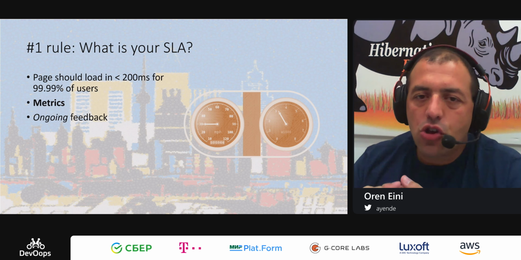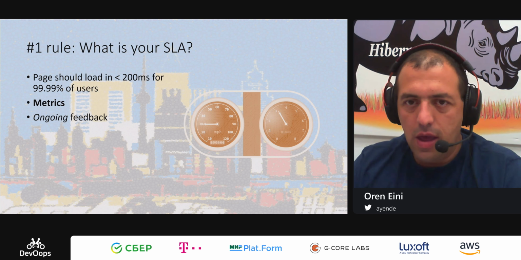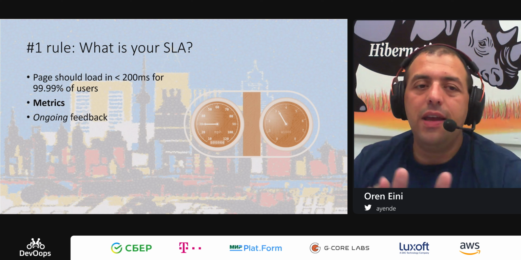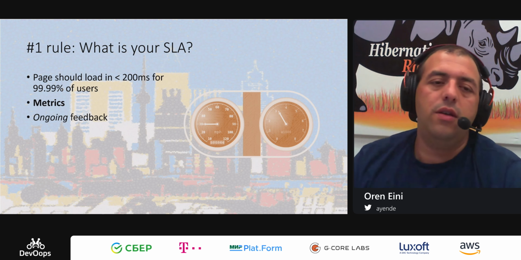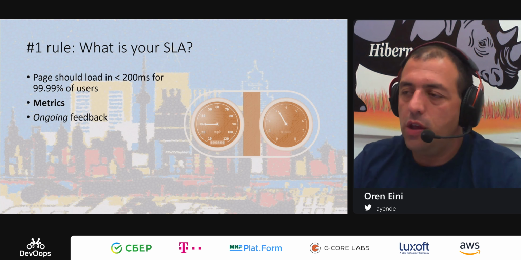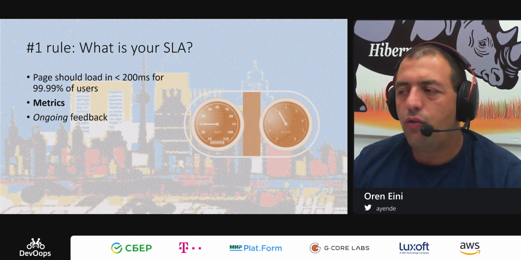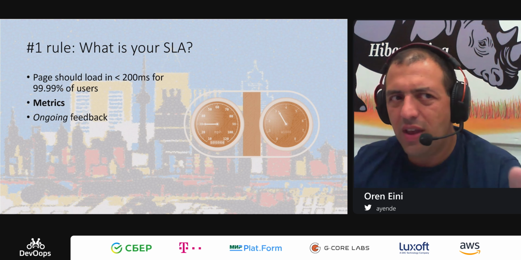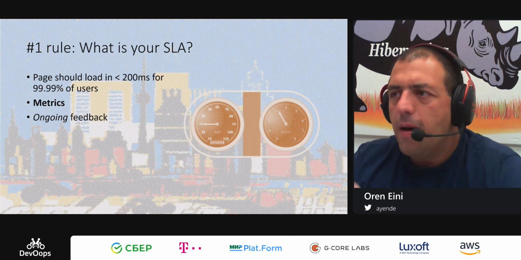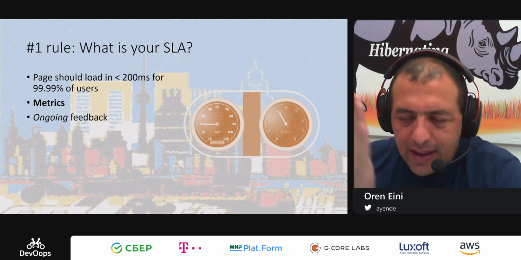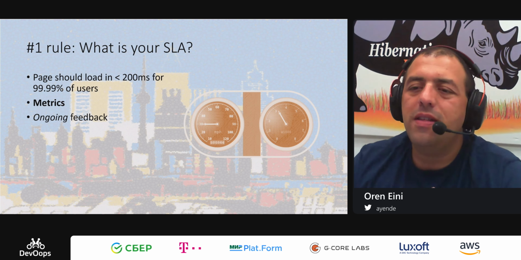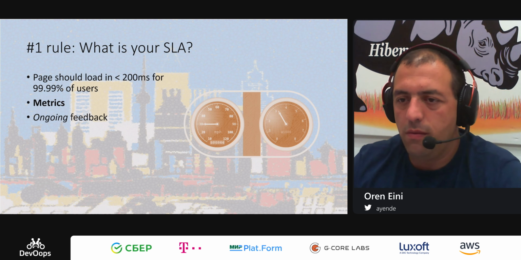Because it is measurable and actionable. Now, typically, what is page load? Is it 99% of the users, or is it 99.999% of the page loads, or a bunch of other things that you have to nail down? But the key aspect here is that it should be something that is measurable.